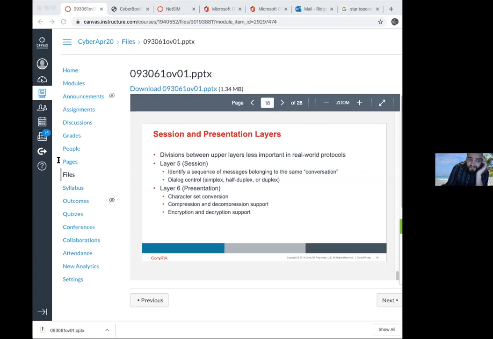And then we have layer 6. So that's our presentation layer. This is gonna transform the data required for the network, transform it from the format that was required for the network layer and transform it for the application itself, so we can see this, right? So for example, they're gonna use like character set conversions. So whatever the network had transformed it into before it got to you,